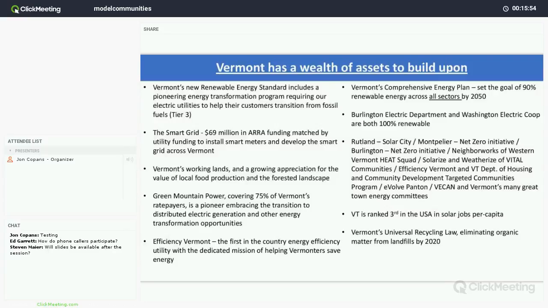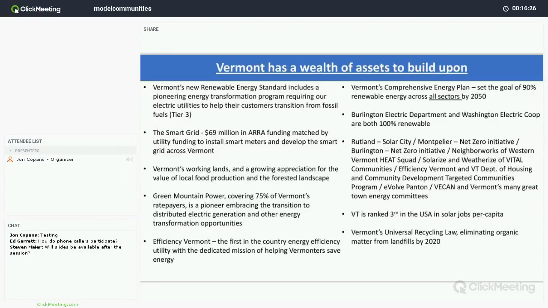transformation opportunity. Also in Vermont, of course, we have Efficiency Vermont. It is not typical in other states that you create what we have in Vermont, which is an energy efficiency utility. Its sole job is to help Vermonters save energy. We have a comprehensive energy plan in Vermont that has set the goal of 90% renewable energy across all sectors by 2050. We have 2 utilities in this state that are already 100% renewable, Burlington Electric Department and the Washington